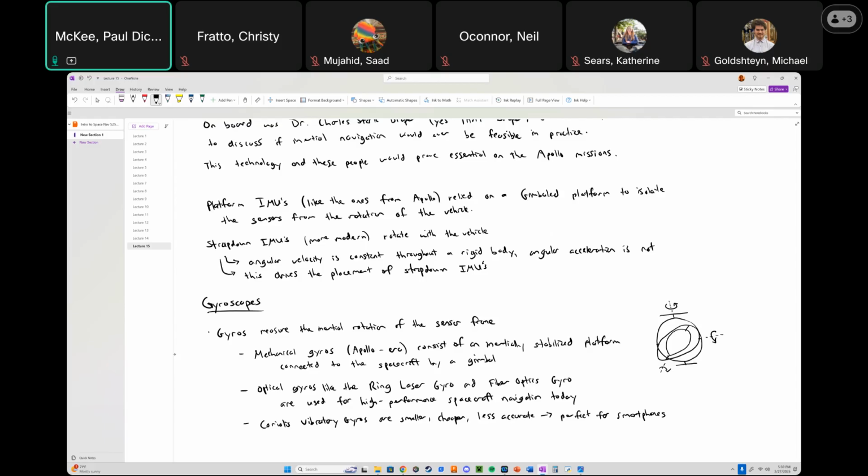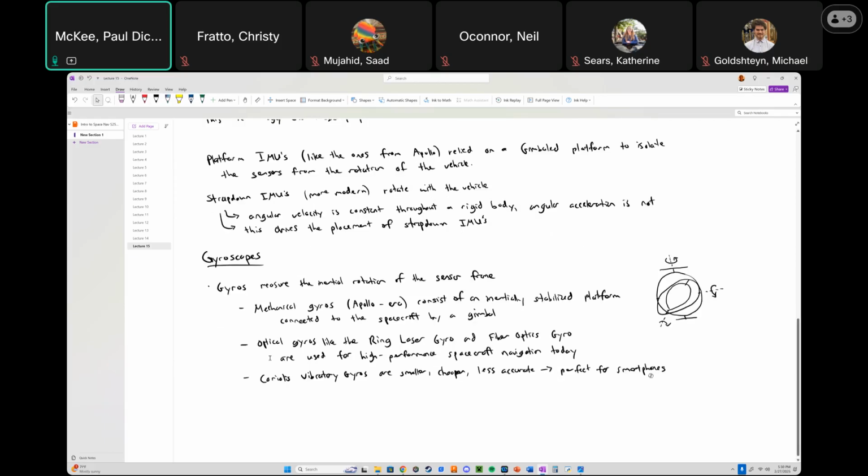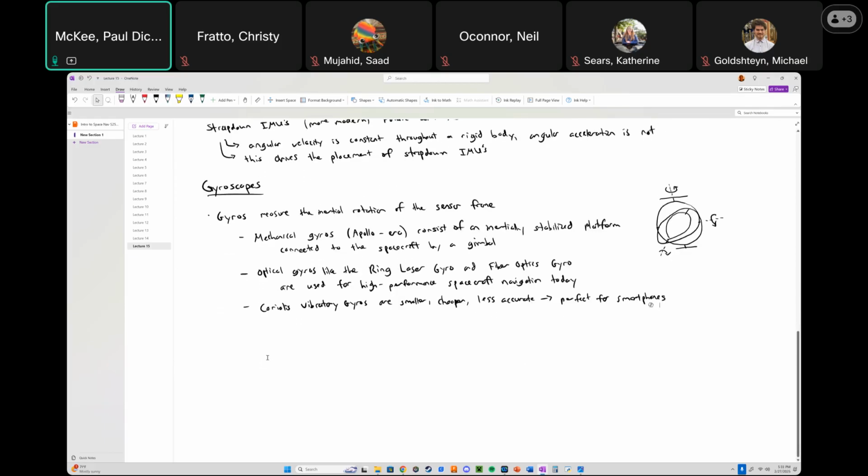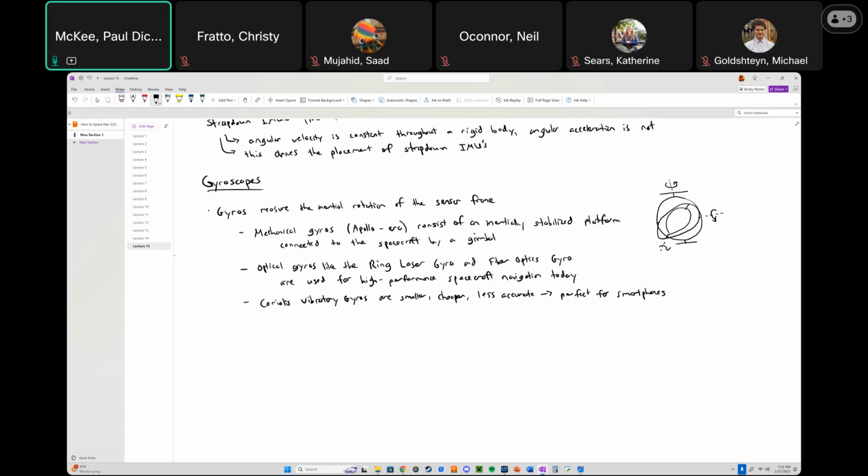Also, you'll need a CVG for something like virtual reality. Your VR headset knows when you look around the room, it can do some math and go, oh, they're looking over there now. Okay, load up a different scene. So this is also something that's done that way as well. Oh, you know what? I got ahead of myself. I just said the notes for the next section. So stay with me. Optical gyros